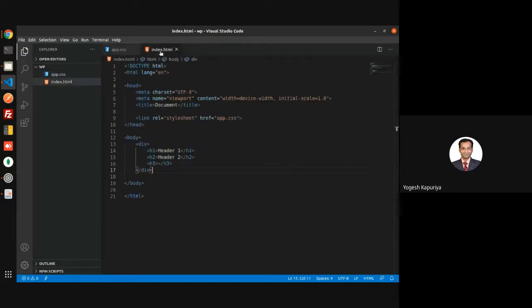Now let us execute this file and try to understand what is the chronological order, or what is the preference of applying the style whenever you are executing any code.